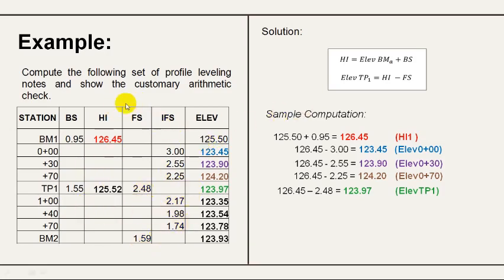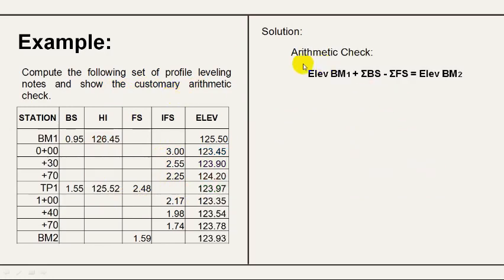This is our complete profile level notes. The next is to show the customary arithmetic checks. To compute the arithmetic check, we need to use this formula: elevation of the known benchmark plus summation of this column, which is the summation of the backsight, minus the summation of the foresight readings, equals our computed benchmark, which is benchmark 2, which is